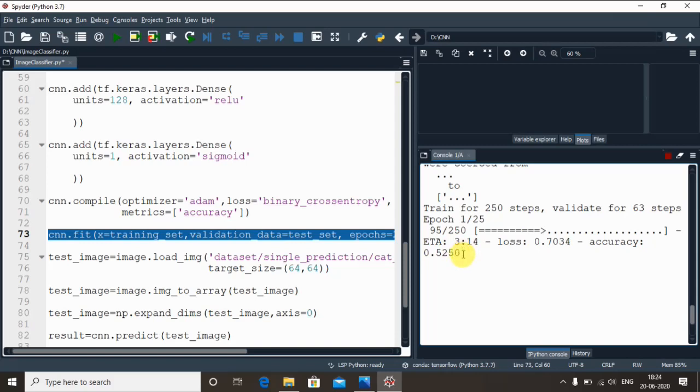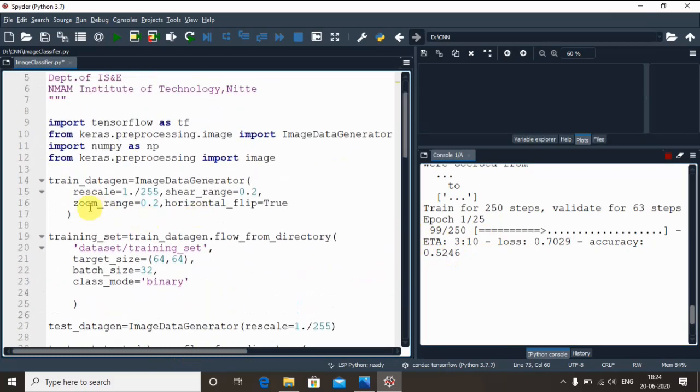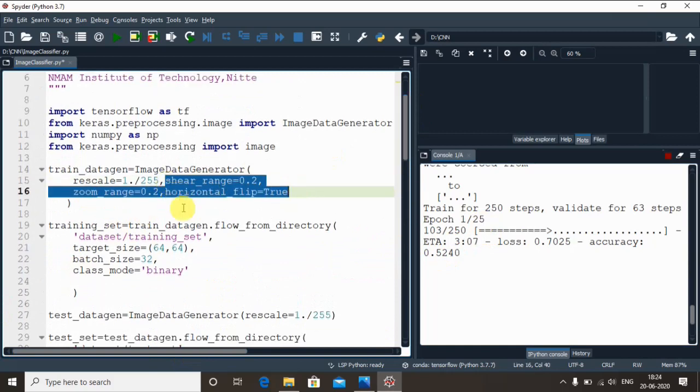I hope at the start of the lecture you also heard me saying that to avoid overfitting we had applied all this kind of image augmentation process. If you are not using this, this CNN also works, but you will be surprised to see the accuracy at the end. In terms of training it will give you 98%, and in terms of testing it may even reach up to 70%.